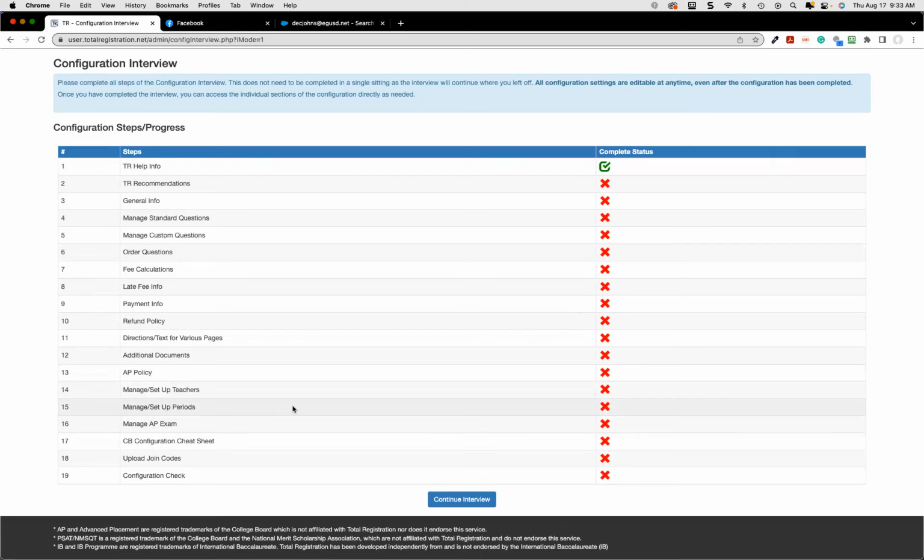So the configuration is sequential. After you complete a page, you will be able to access the pages you've completed individually. And when you get all the way to the end, you'll be able to access any page individually from the configuration page. So we're going to go ahead and click on the